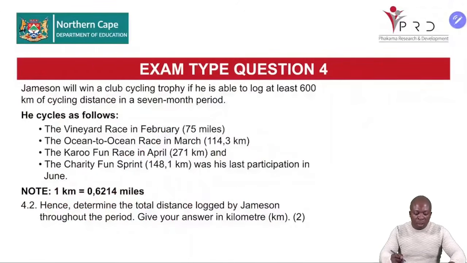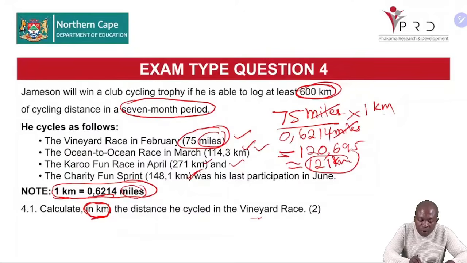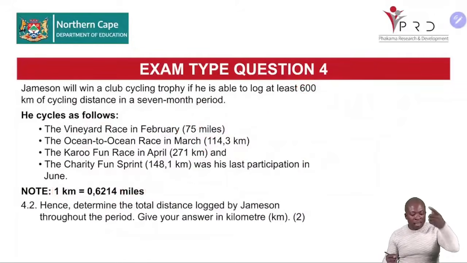Okay, so let's go back and see again. It says calculate in kilometers the distance he cycled in the vineyard. So we are only referring to the vineyard, not everything. But definitely the examiner is asking a different question now. Let's look at